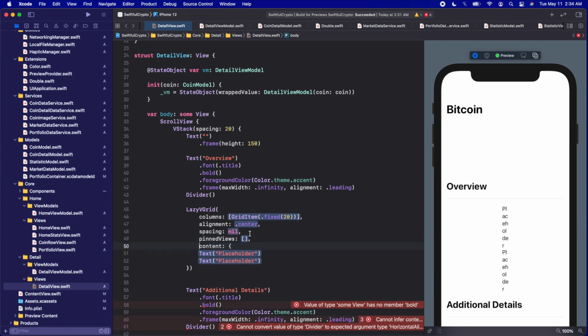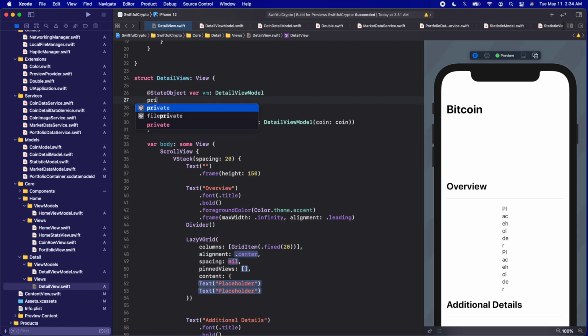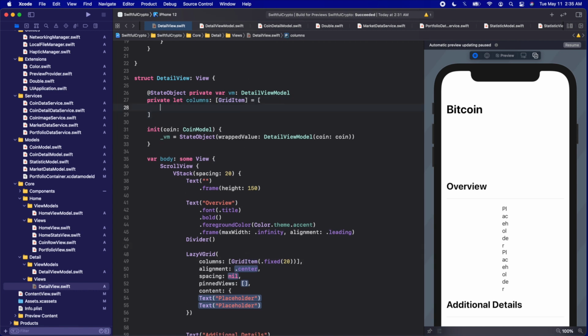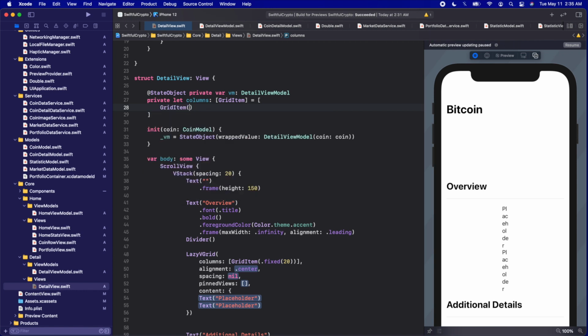And we need to add how we want our columns to be set up here. So I'm going to make these columns a variable at the top. So we'll say private let, we should actually make this state object private as well. So here we'll say private let columns, and it will be of type array of grid item, which we can see we need grid items here, and we'll set it equal to, we're going to add 2 grid items here. We're going to say grid item,